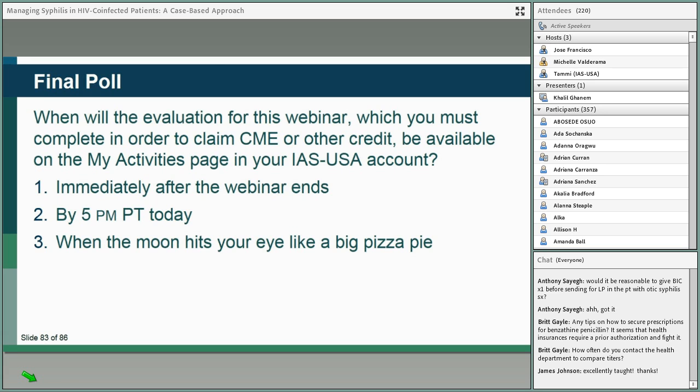Lisa is asking, if it takes 21 to 28 days to treat late neurosyphilis, why don't we treat these patients with 21 to 28 days of IV penicillin? Lisa, that's a great point. The answer is it doesn't take 28 days to treat neurosyphilis. Neurosyphilis can be well treated with 10 to 14 days. But what you're trying to treat is the underlying syphilitic infection that exists outside the central nervous system, assuming that there are pockets of